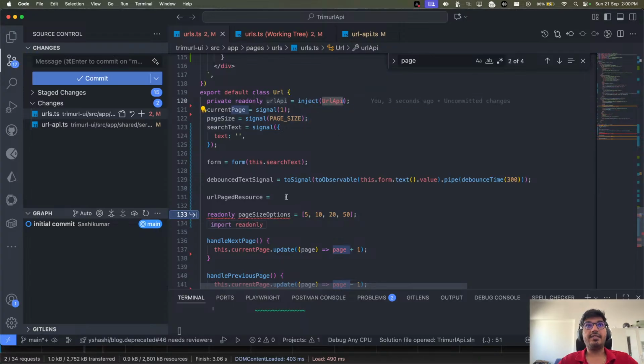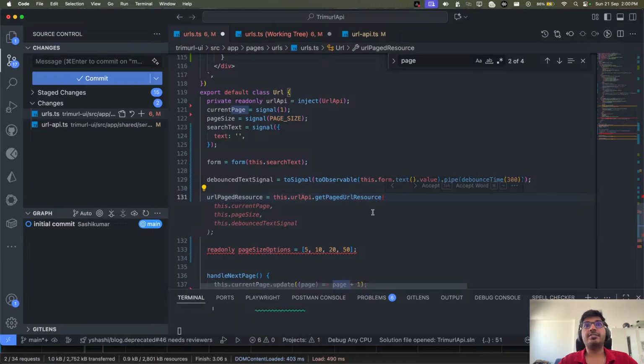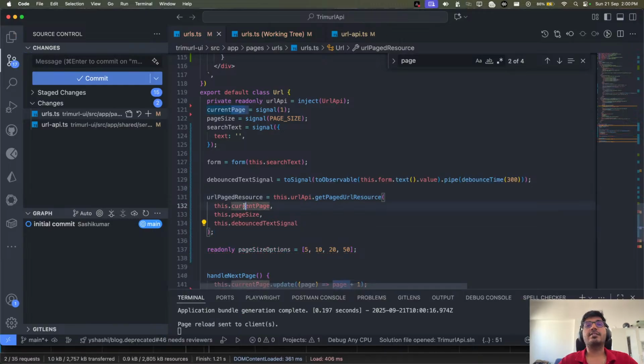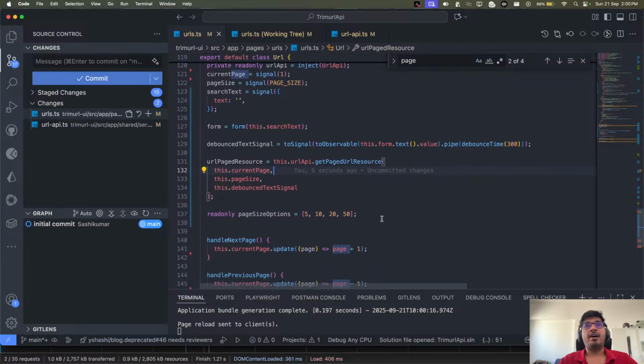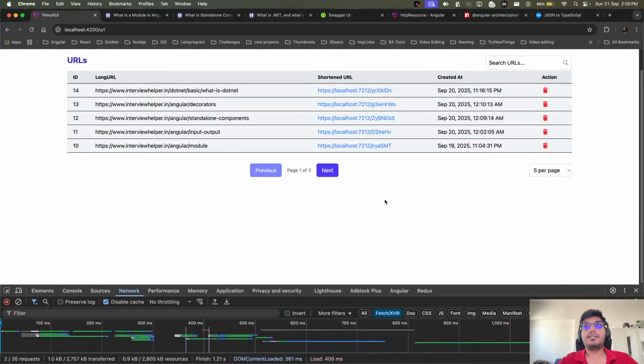So this guy is going to have this dot URL API dot get page resource, and here you can pass all of the signals, which is current page, current page size, and debounce text signal. And that's how you can do the final refactoring, just by moving your URL code into a proper API service or whatnot. So now if I save these things, my expectation is it should still work.